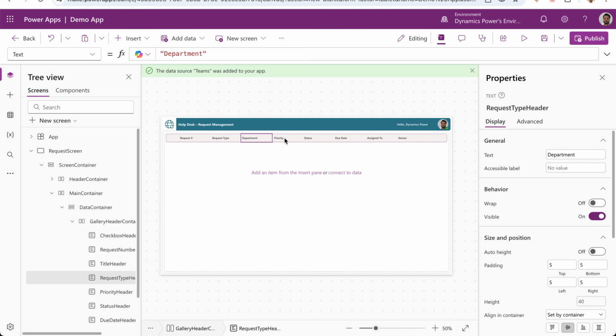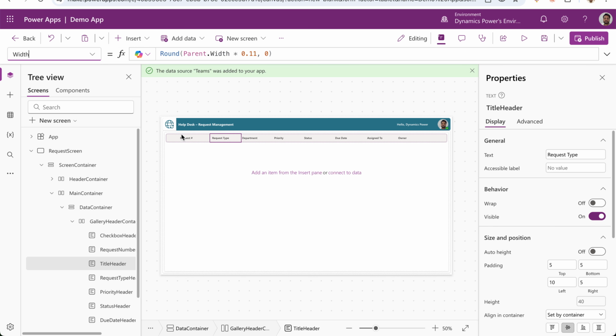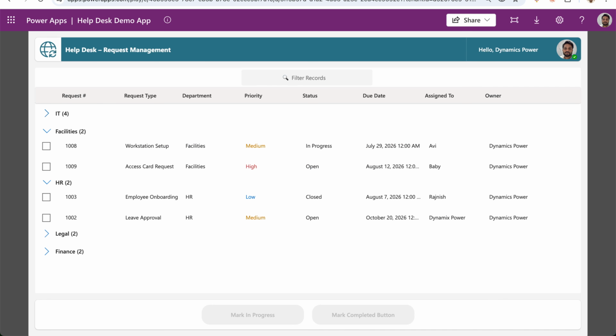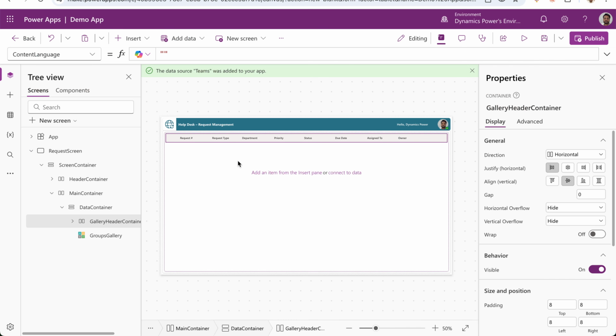Each header also has some width property, like if we see here, this is 11%. We have 10 records. Each of them I have given like 10, 10, 10%. You can assume like that. Now this is done, and before the header container, I think we have one more important feature, that is filtering. So here, if I want to filter the records which belong to Avi, the records will get filtered, and so only the Avi record. So I think this one also I just copy and paste it here without wasting much time,